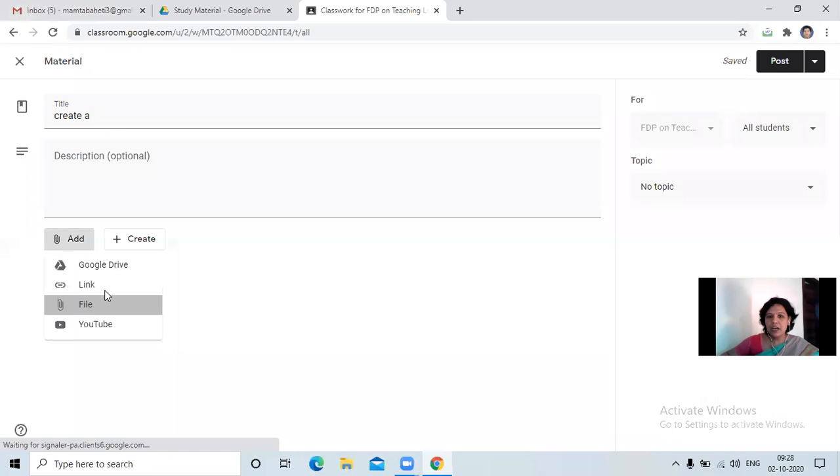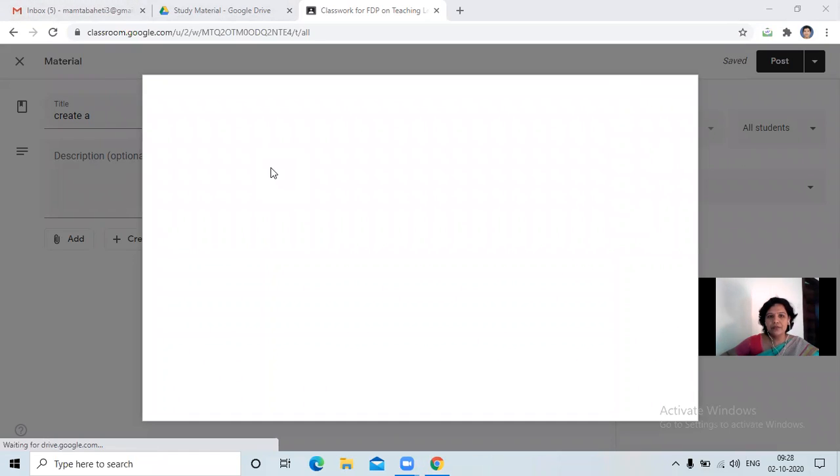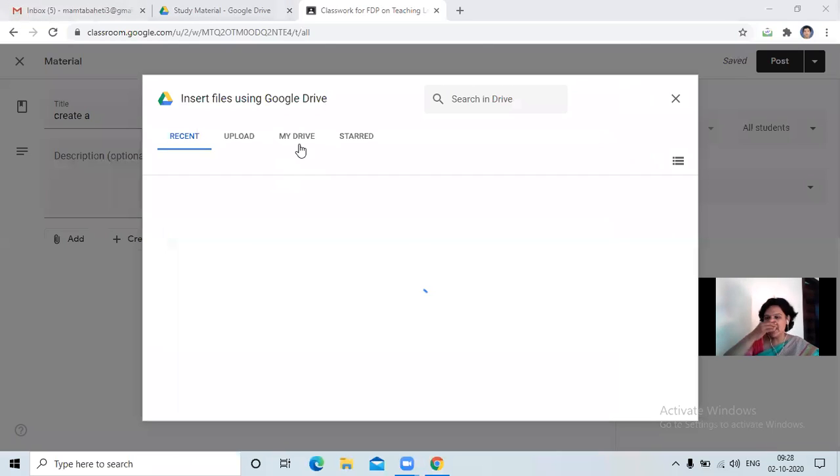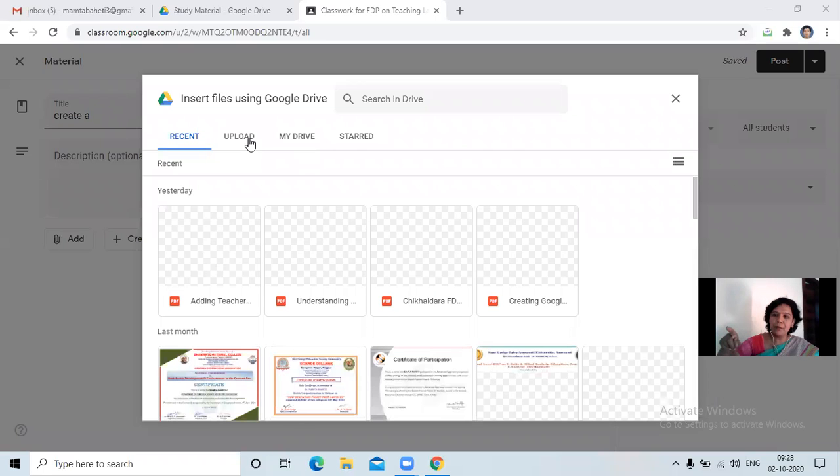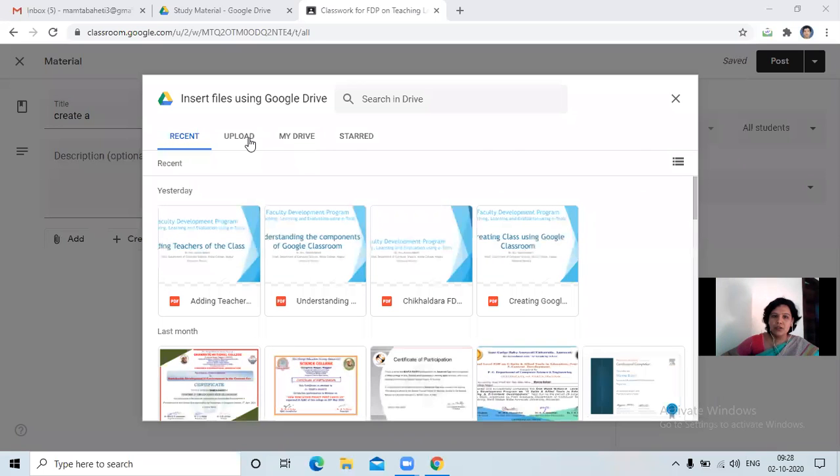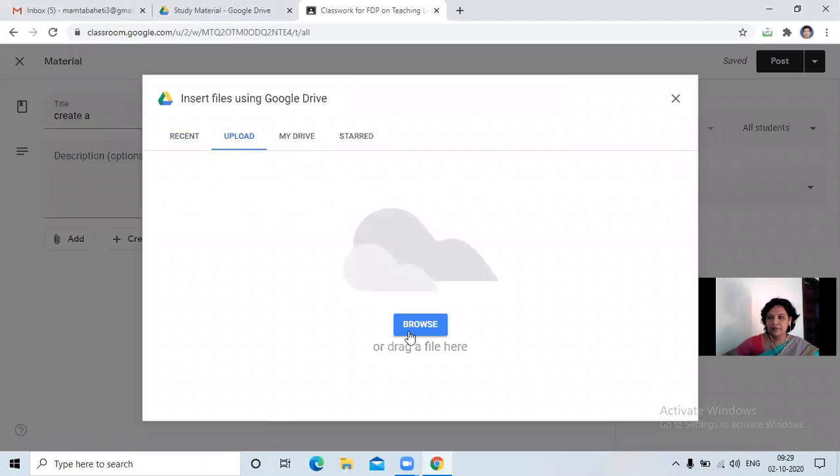So now I'll click on file. Now it asks by default to insert from the Google Drive. So now I don't have any option with Google Drive. The files are there on my laptop. So I'll select upload. Now it will ask me to browse.